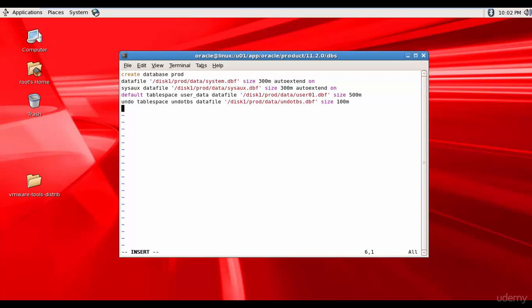And now let me mention the log file. Okay, so we need to mention this log file in groups, and we need to have at least two log files. Okay, so group 1, single quotations, /disk1/prod/redo1.rdo, and we want to mention a size of 100,